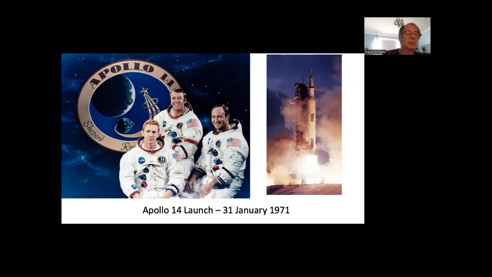But the other thing that people really remember, I guess, is that Alan Shepard, who is the commander, shown here along with Ed Mitchell and Stuart Roosa on the left, hits a couple of golf balls on the moon, and I think everyone remembers that about Apollo 14 maybe more than everything else. But in any case, that's the mission where Stuart Roosa brought the seeds with him, brought them back, and